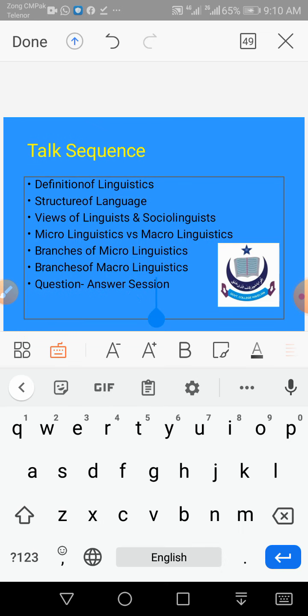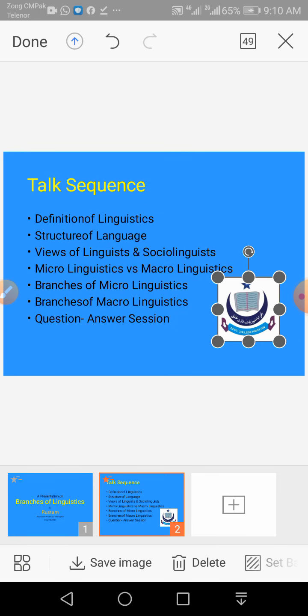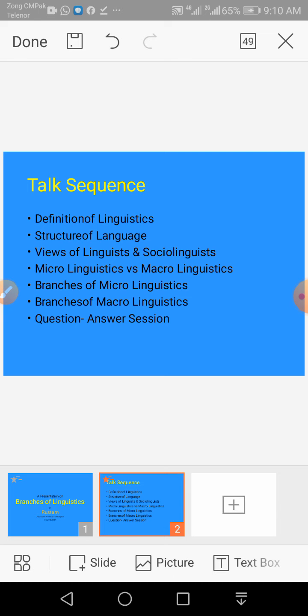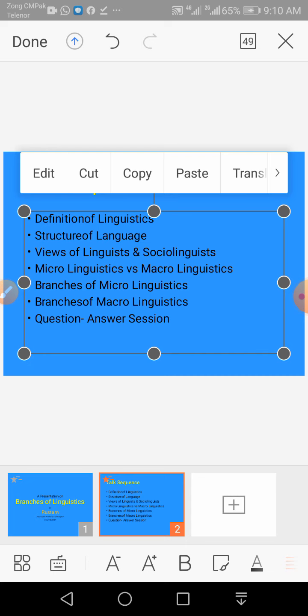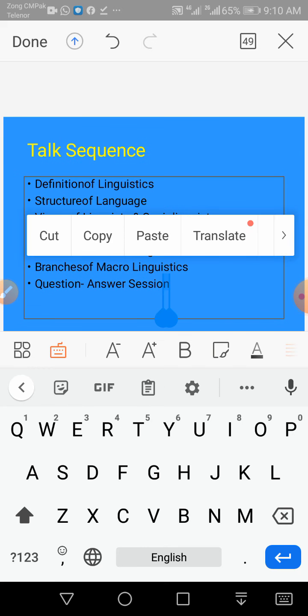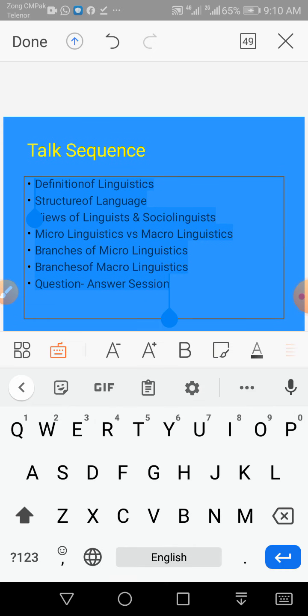First let me remove this picture. I think the cut button or delete button, delete. Okay, save, done, edit. So I'm going to select this text, edit, and select this text. This is getting selected.